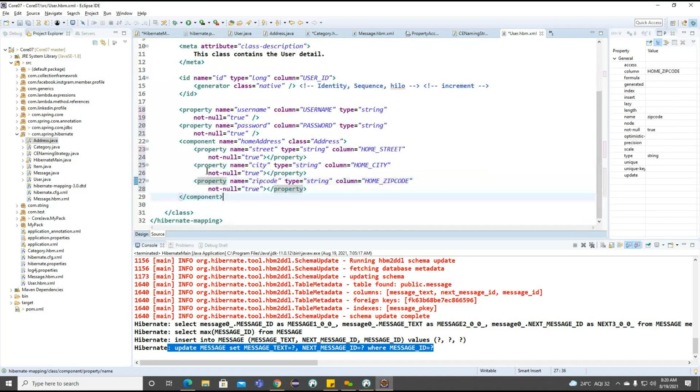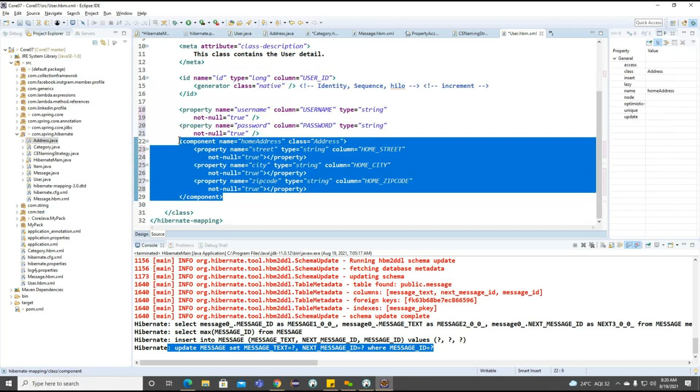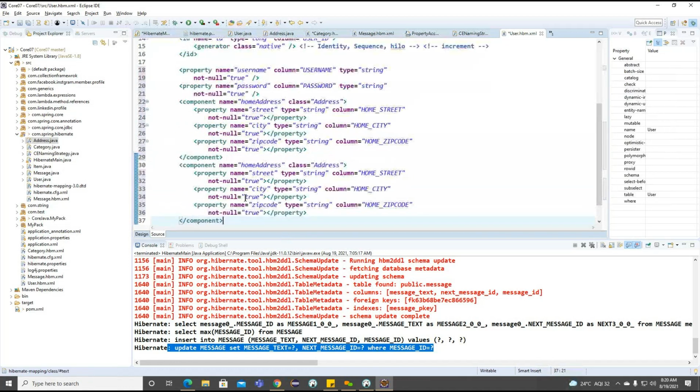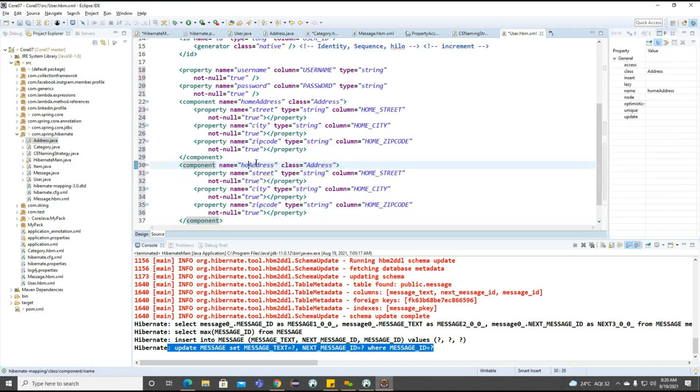And the same way, now what I'm doing here, I'm trying to create one more component here. So this particular component is going to work on the billing address, and again, which is expecting from the address class.